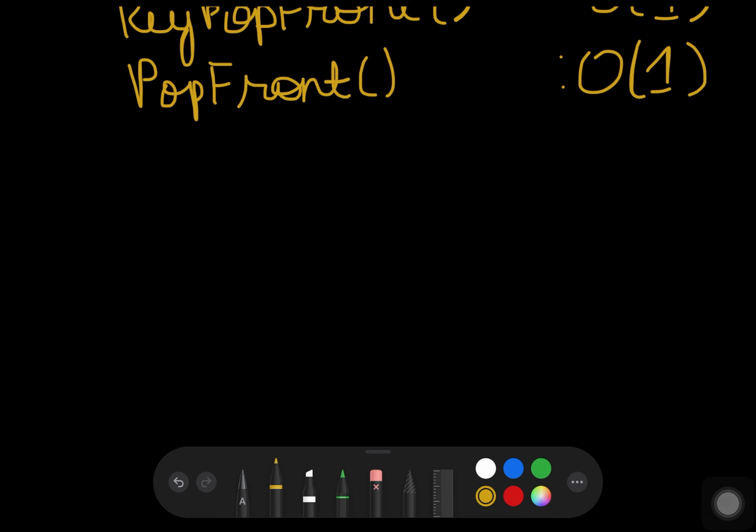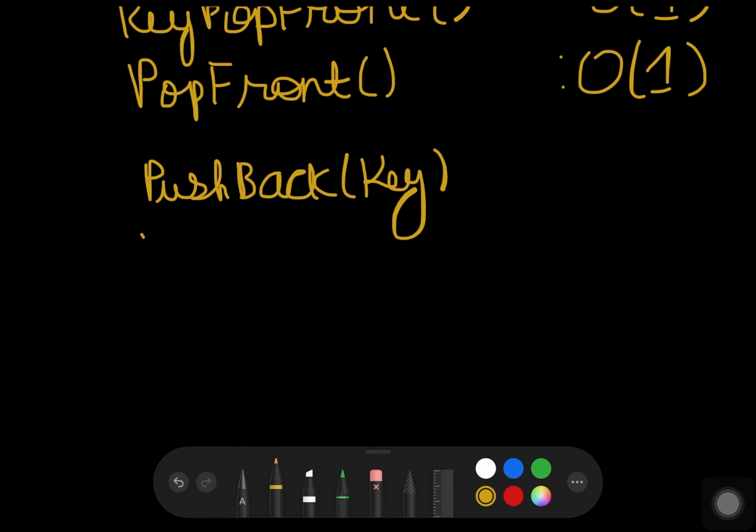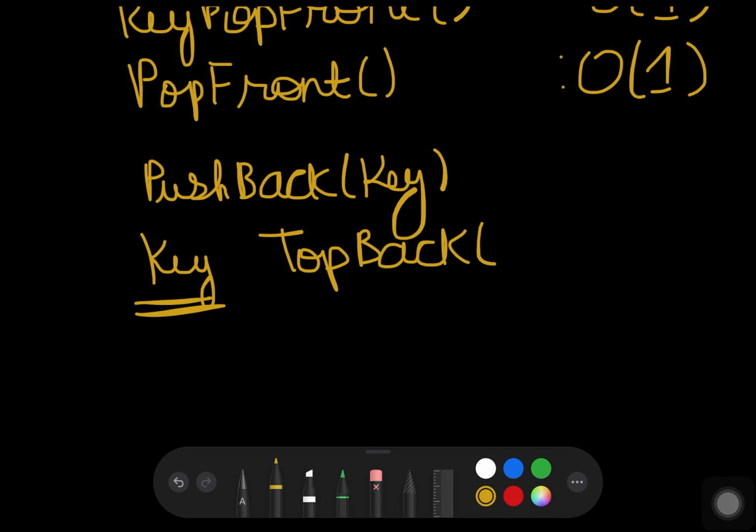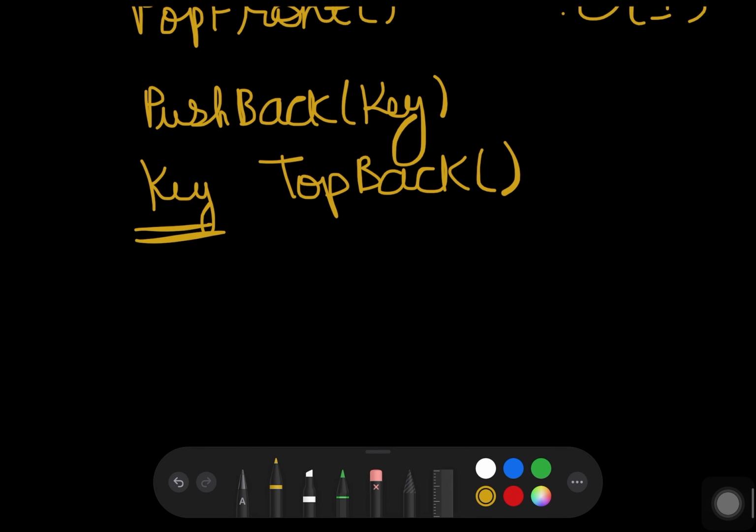The other three functions that we discussed were pushBack with parameter key, topBack, that is we are returning a key because we are trying to retrieve the last key, that is the last element of the linked list, and popBack, trying to delete.